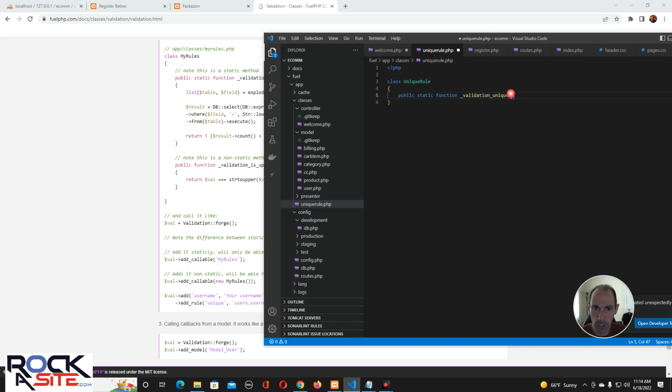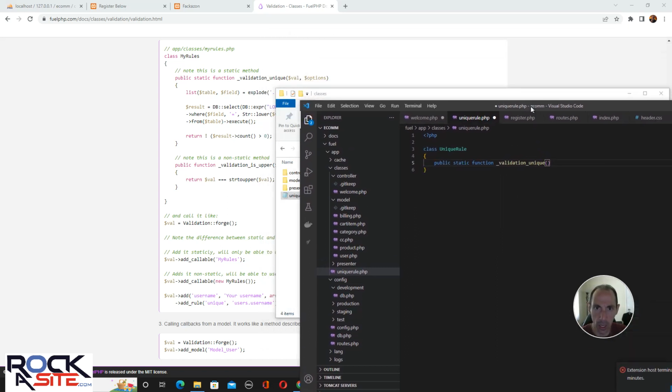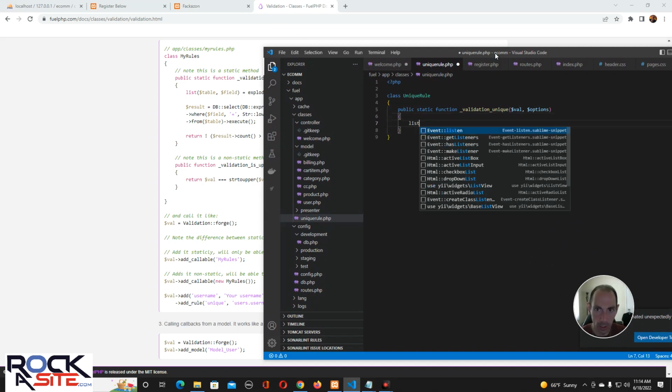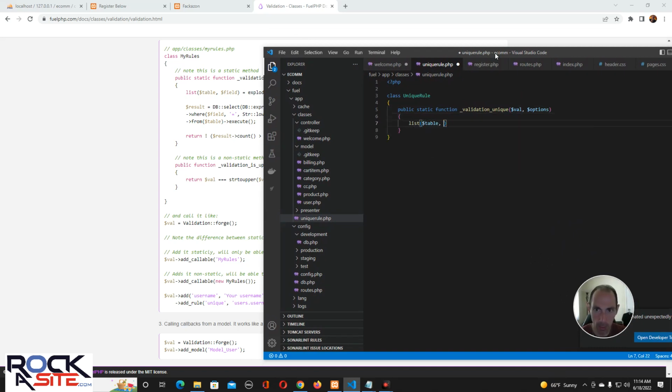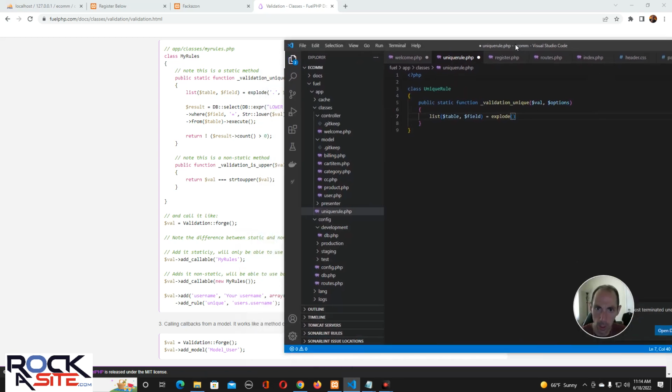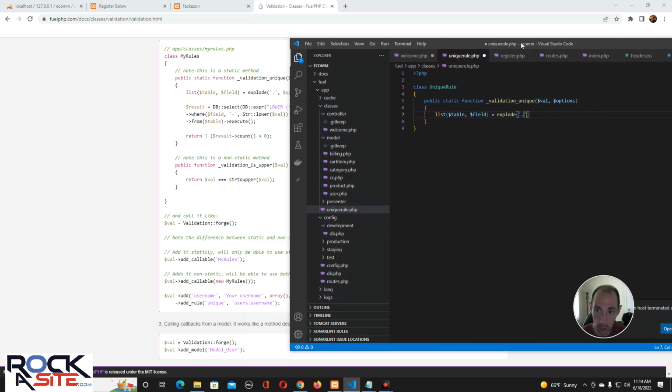Wait, it returns result and value and options. And we're just going to do what it tells us to do here. We list table, which is the table name, and the field in the table. And we explode the dot from anything that was put in there. And then the result is a class